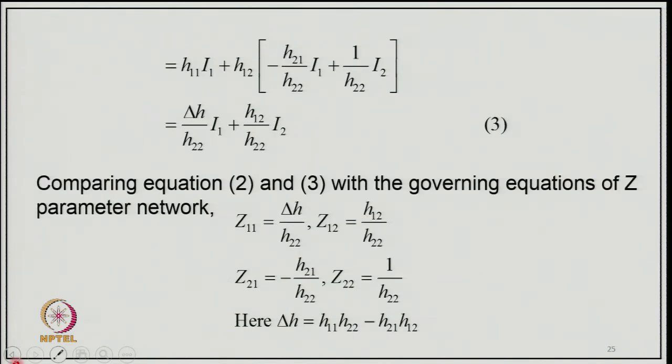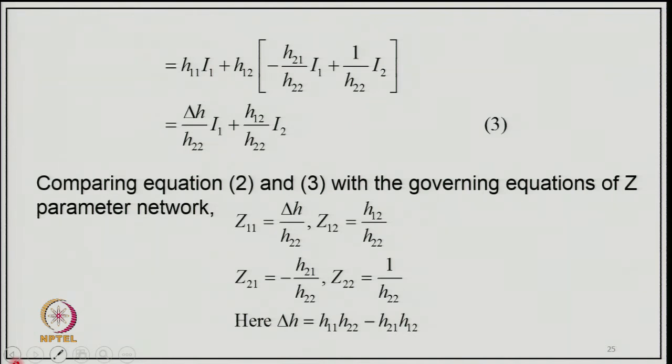So this equation becomes V1 equal to H11 I1 plus H12 in brackets minus H21 upon H22 I1 plus 1 upon H22 I2. That is V1 equal to delta H upon H22 I1 plus (H11 H22 minus H12 H21) divided by H22... H12 upon H22 into I2, and comparing these two equations,